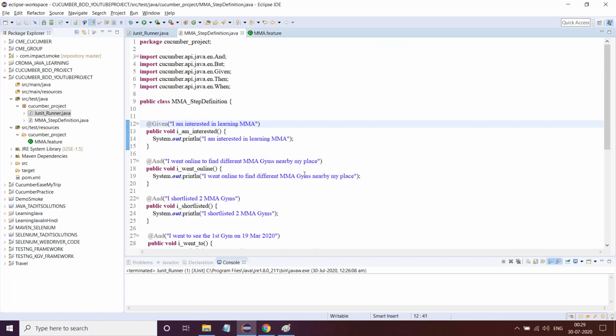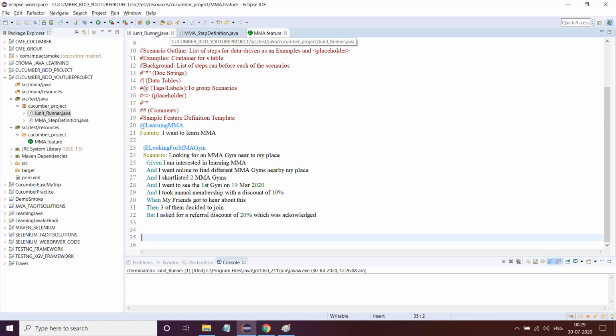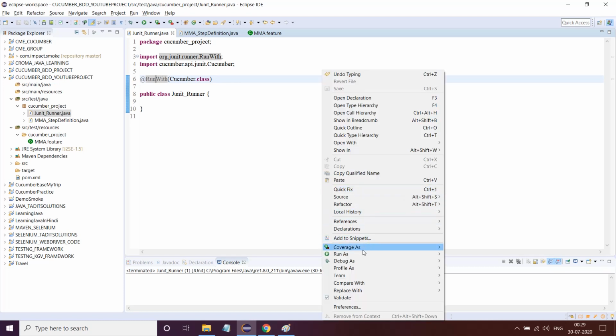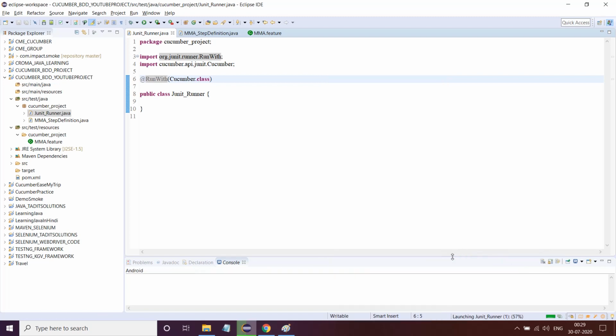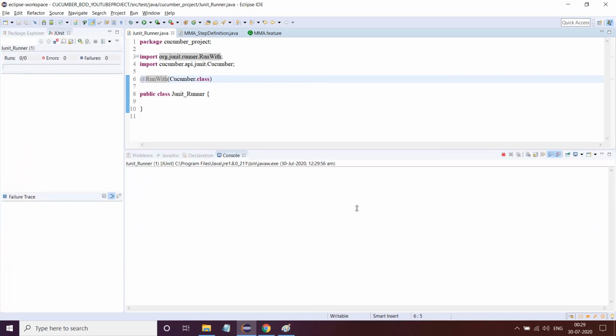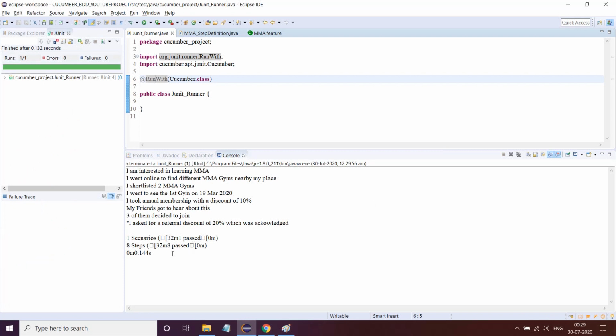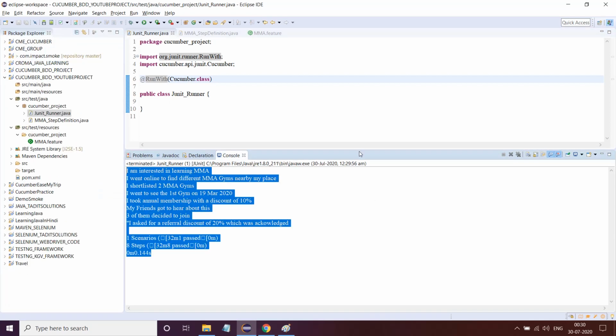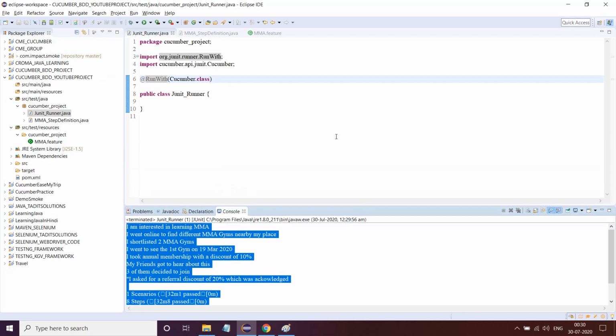Then you just go to your runner file, create this runner file. Above the class, you just have to write this command @RunWith(Cucumber.class), and that's it. And then just import the packages, and that's it. Just run this particular JUnit runner file using JUnit, and you'll get the output. See, you'll get the output. This is still very basic. We have a lot to learn and a lot more places to go, but I thought this should be the stepping stone for you to actually move into the next level of Cucumber learning.